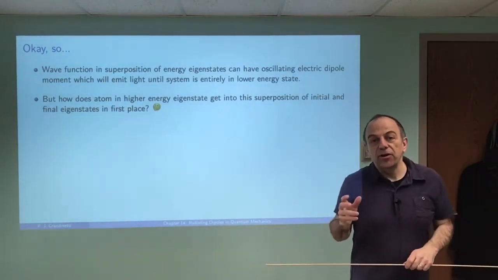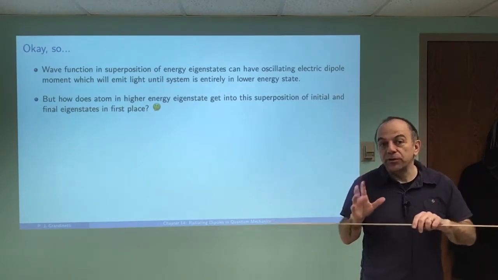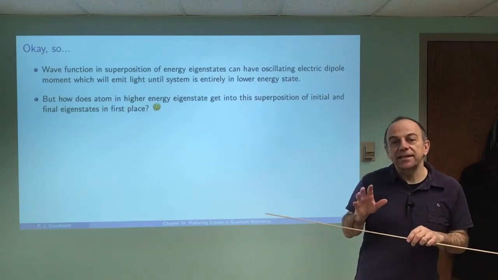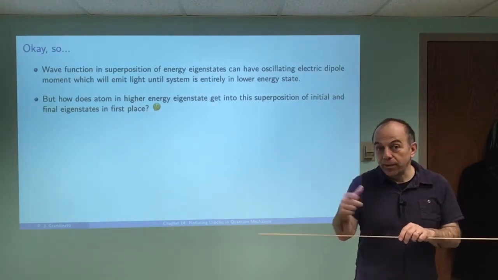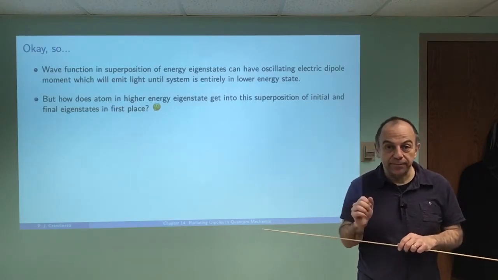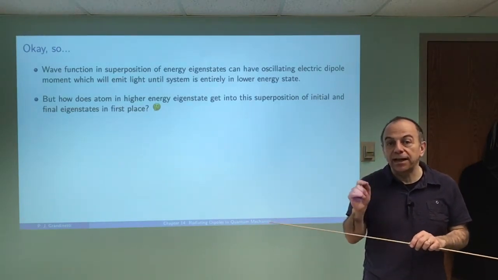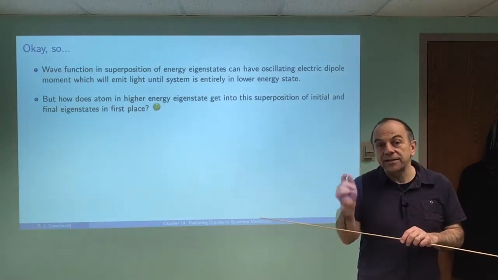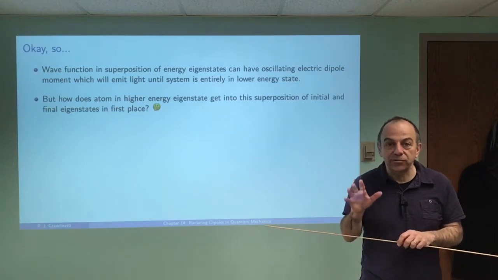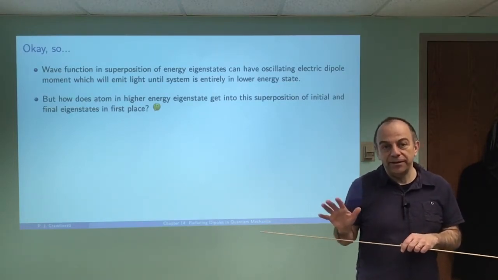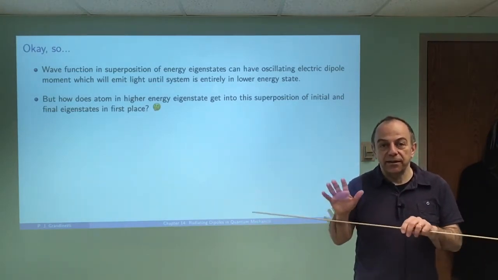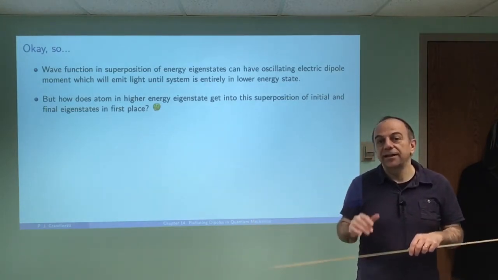And in the last video, we saw how Rutherford's model of the atom was actually okay as long as he said that his electron, which was orbiting around the nucleus, was in an energy eigenstate of the Hamiltonian. Because what we learned was that when an electron's in an energy eigenstate of the Hamiltonian, that wave function has an expectation value for the electric dipole moment that is time independent. It doesn't vary with time, and so because of that, it doesn't radiate away any energy,